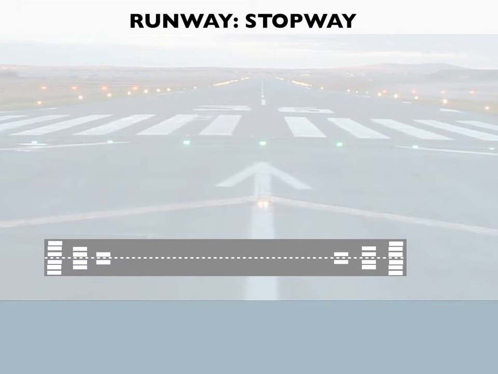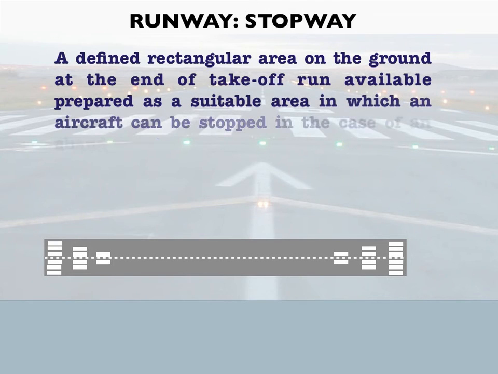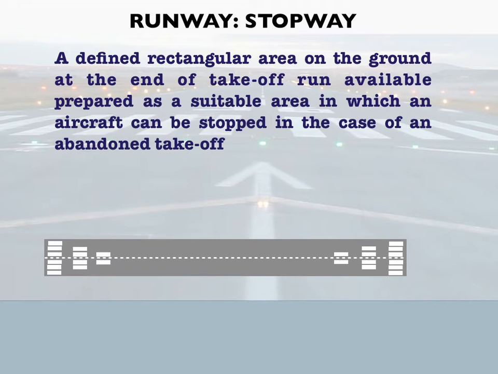Firstly, the stopway. Stopway is defined as a defined rectangular area on the ground at the end of takeoff run available, prepared as a suitable area in which an aircraft can be stopped in the case of an abandoned takeoff. Please recall our lesson 1, wherein we had discussed an engine failure on takeoff run. If an aircraft were to suffer an engine failure on takeoff, one of the choices for the pilot is to reject takeoff. In such a case, the remaining runway length should be adequate to bring the aircraft to a complete